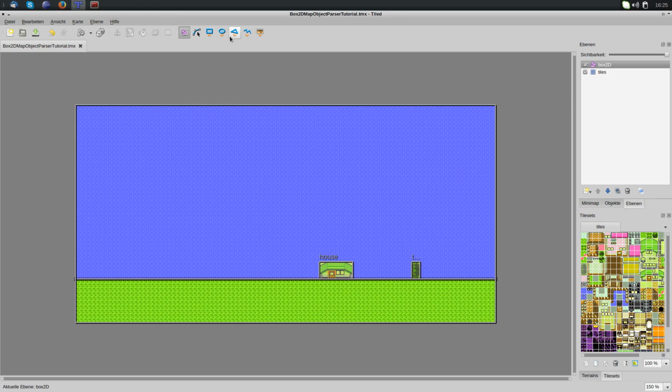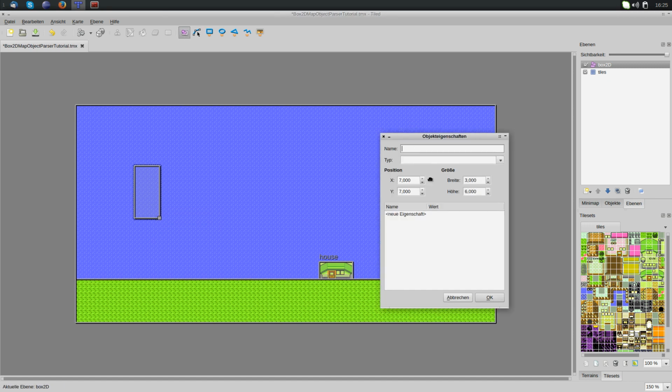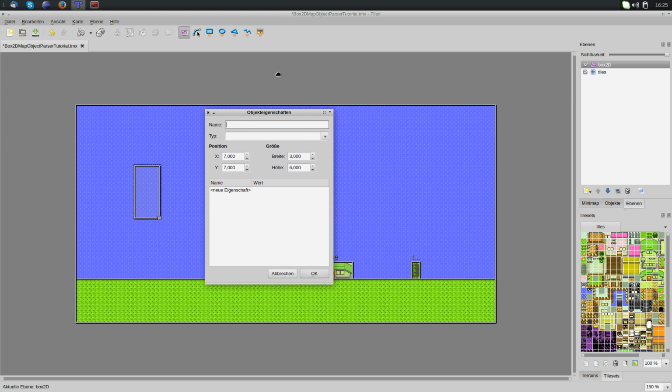Right, so let's create a new rectangle here, and this is like this great rectangle. We have to give it the settings here, the properties. This is going to be called box. Its type is going to be an object, because that's probably what's most commonly used in these Box2DMapObjectParser maps. Let's set some properties to it, because right now it would be defaulted to a static object just like the ground and the environment. So we're going to say its body type is a dynamic body,